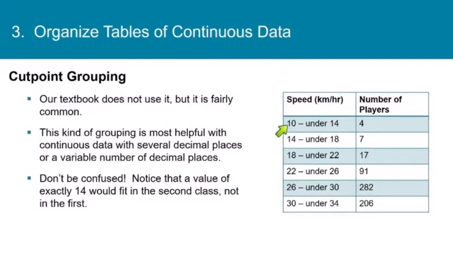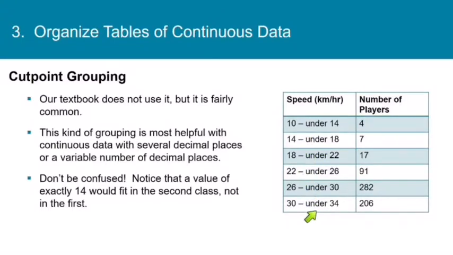You can look at the lower class limits and see that the class width is 4, but notice the upper class limits. It says 10 to under 14 and 14 to under 18. So if you just casually glanced at it, you might think that 18 could go in either the second class or the third class, or you might not realize that the word under is there and you might not think it's very important. But the word under is very important here,